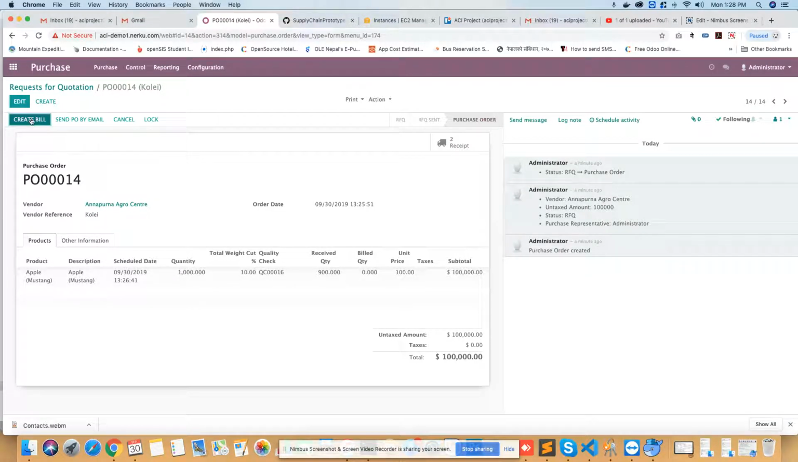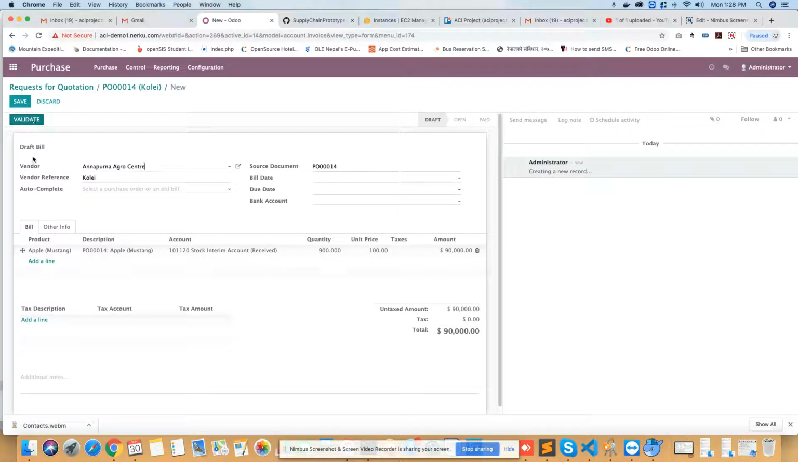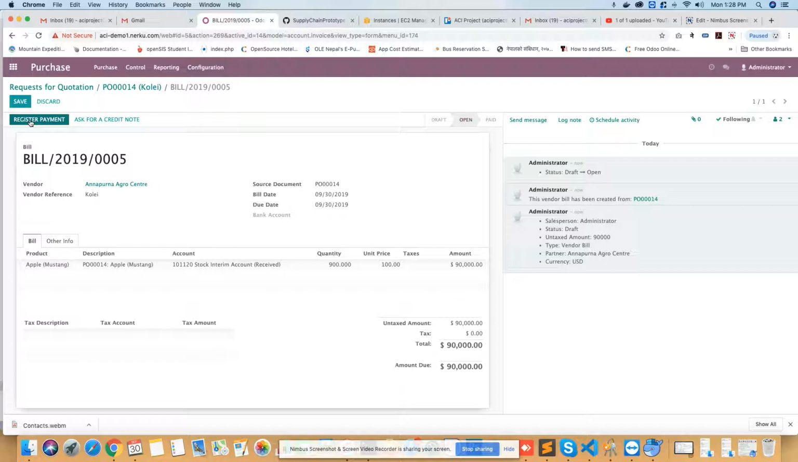Now I will create a bill. So if that is okay, I will validate it. I have input the product quantity as 1000, but due to the 10% weight adjustment, it comes to 900 and the price is calculated accordingly. So once the bill is created,